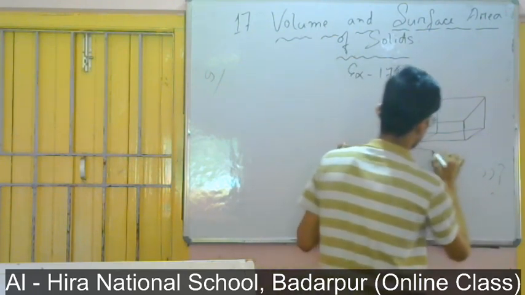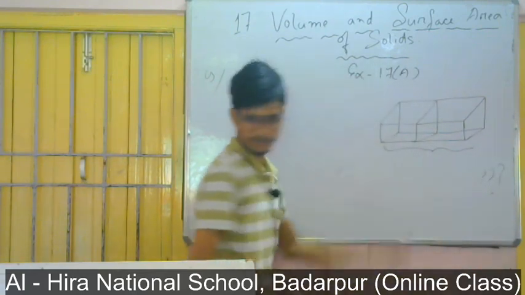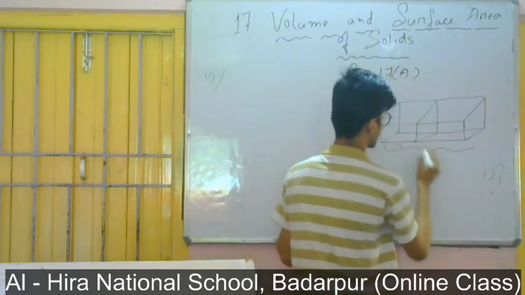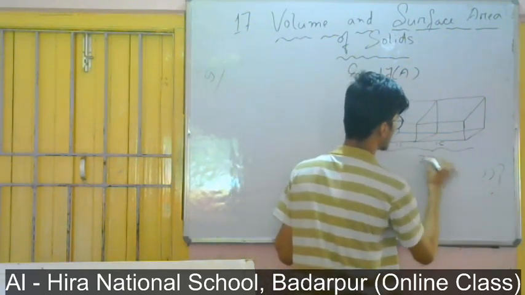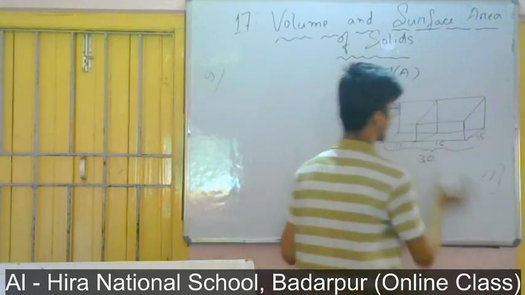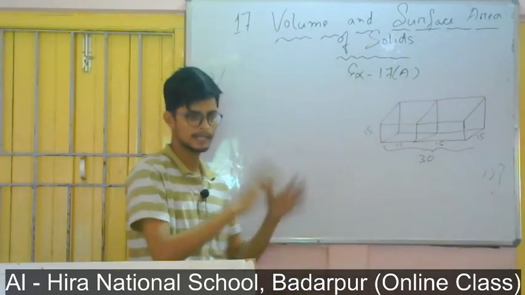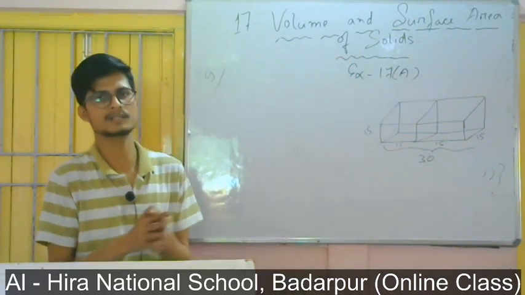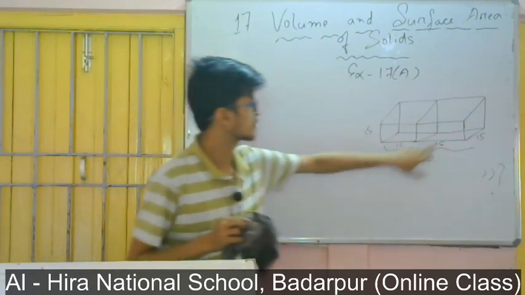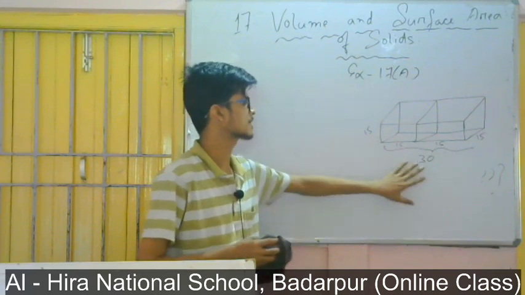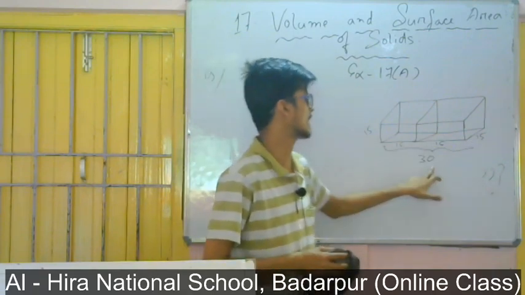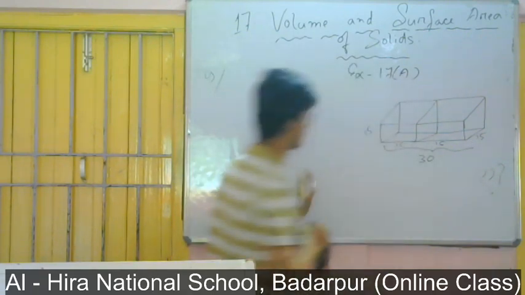The length is increasing. That means the length of each cube is given as 15. So 15 plus 15, that means length is becoming 30, height is remaining the same, and breadth also remaining the same, but only the length is increasing. And we know that if all the sides are not the same, then we cannot say it is a cube. It is a cuboid now. So the question is to find the total surface area of this cuboid. So one side is 30, another side is 15, and this 15, only length will change. Okay, so now we'll find out.